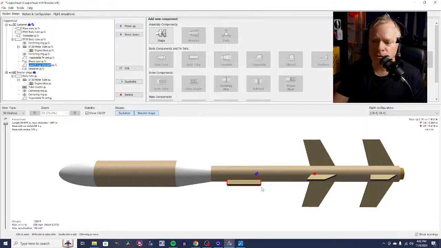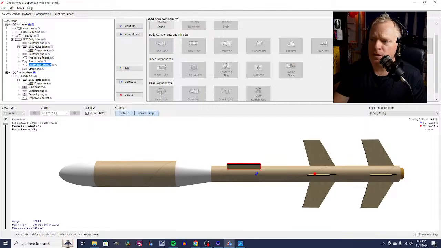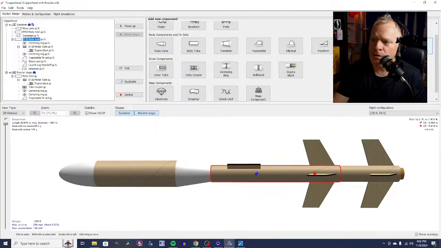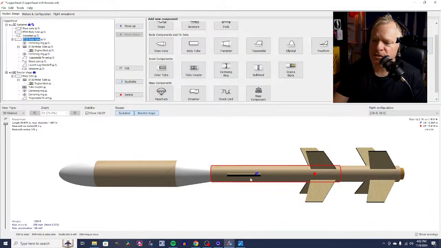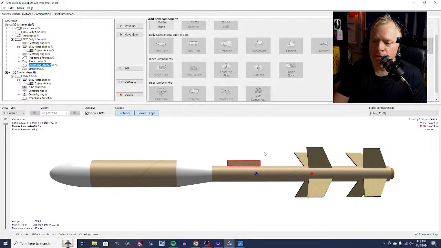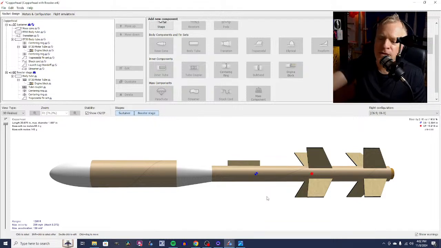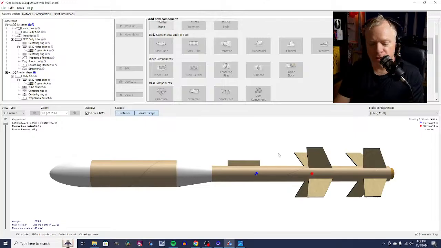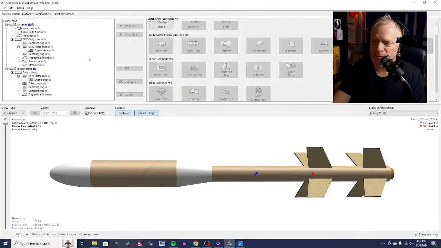Now this is an old version of OpenRocket. As a matter of fact, I don't know if I can put a launch lug on a standoff now. But in order to make a sort of template to cut this standoff, I made a single fin. So it's made as a fin, but with Barrowman equations, which are the mathematical equations that show you where your center of pressure is on a rocket, which these simulators use, a single fin doesn't make any sense. So you can remove this, and it will change the center of pressure a little bit,